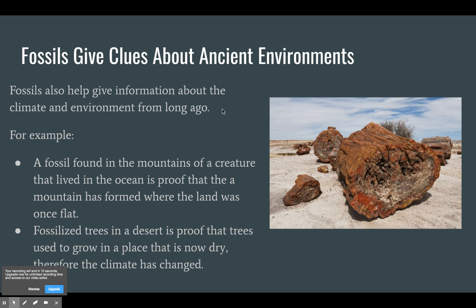But fossils can also give us information about climate and the environment. A fossil found in the mountains of a creature that lived in the ocean shows that the mountain has formed where it was once flat. And this fossilized tree in the desert is proof that the climate actually